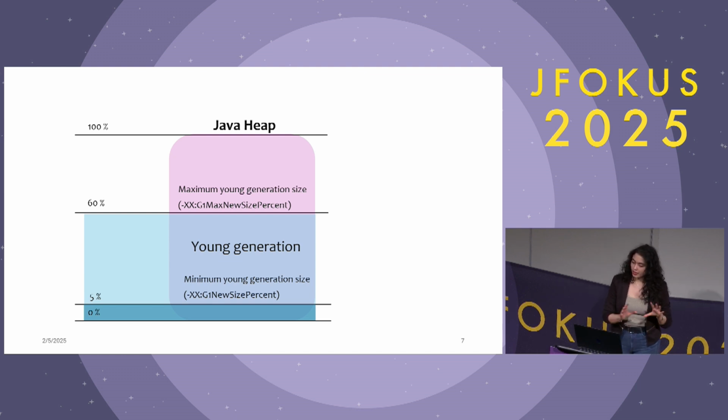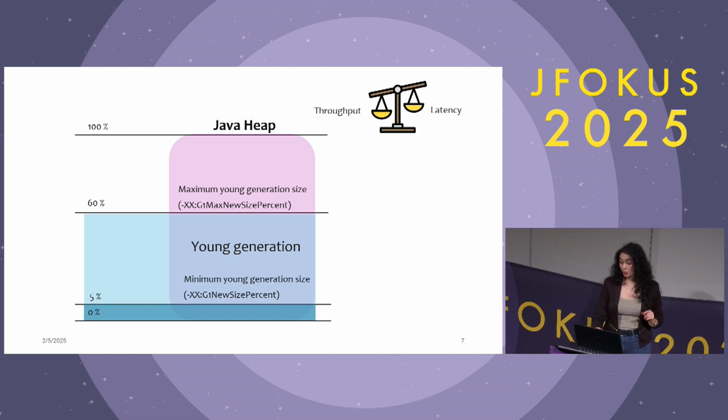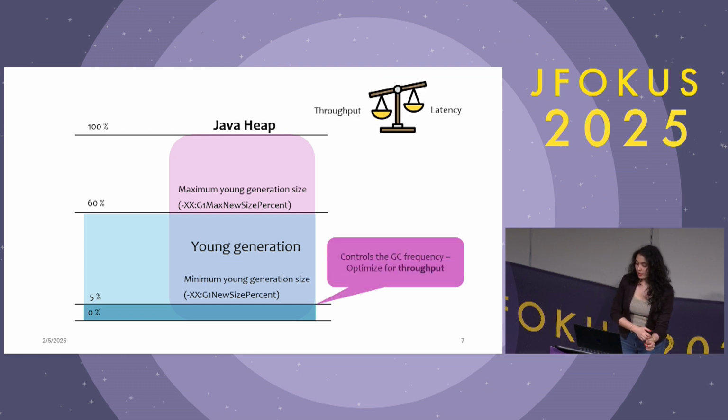So we focused on these 2 flags to find optimal values for them to improve the performance. In other words, we played with the young generation sizing within the heap. However, we need to consider the throughput and latency improvements separately, since there's a trade-off between them. Therefore, first, with the minimum young generation percentage flag, we believe that we could control throughput as it affects the